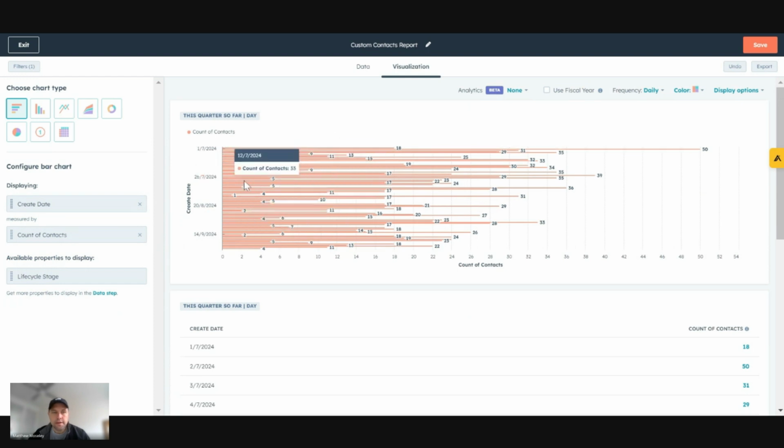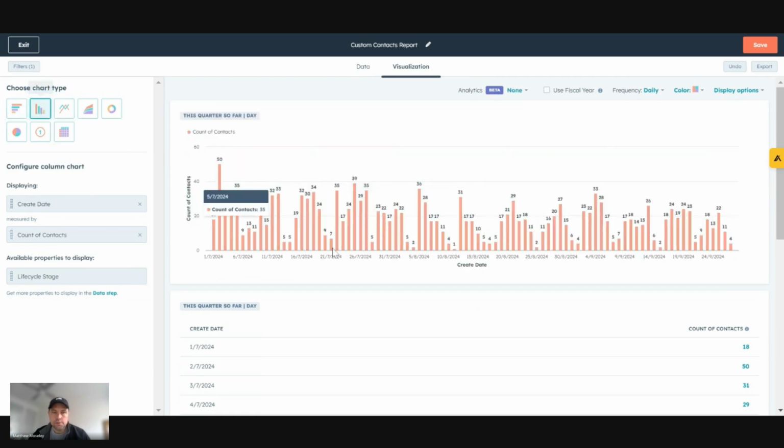I can see here that what we've got is a bit of a mess so far. So I might change the view up the top so I can see it. At the moment, the frequency is daily, and that's probably a bit too much because it makes the data look a bit crazy. So I'm going to change it to weekly.